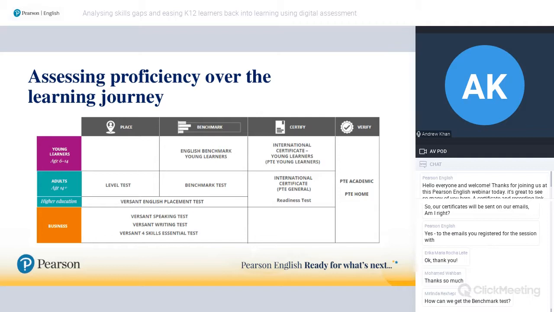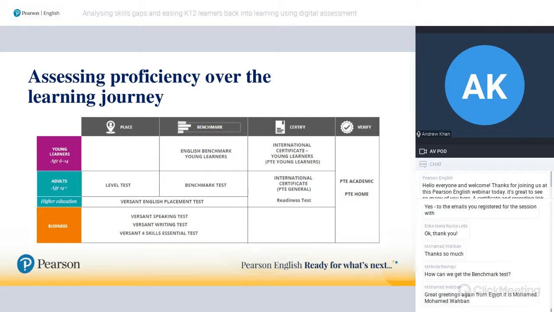But of course, because we're using the GSE, you can level the students with the GSE, you can use Benchmark to improve their level of English. And then ultimately, if they do end up wanting to go to university in another country, you have PT Academic scored on the GSE as well. So really, really useful set of tests that will hopefully meet all stages of the learning journey. We really do believe in the right test for the right points of that journey.